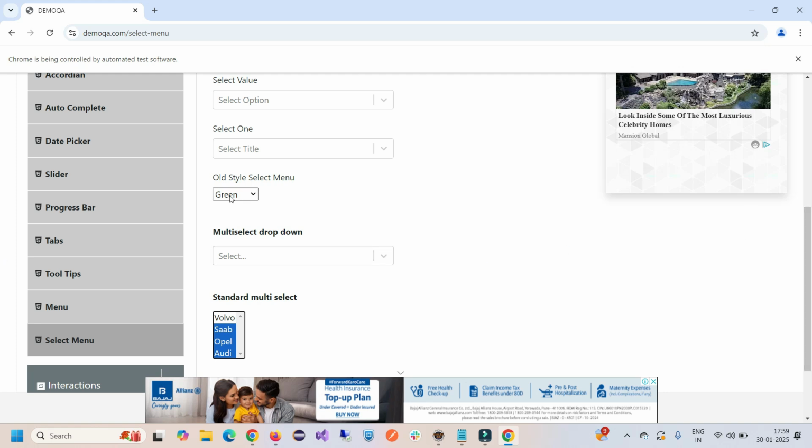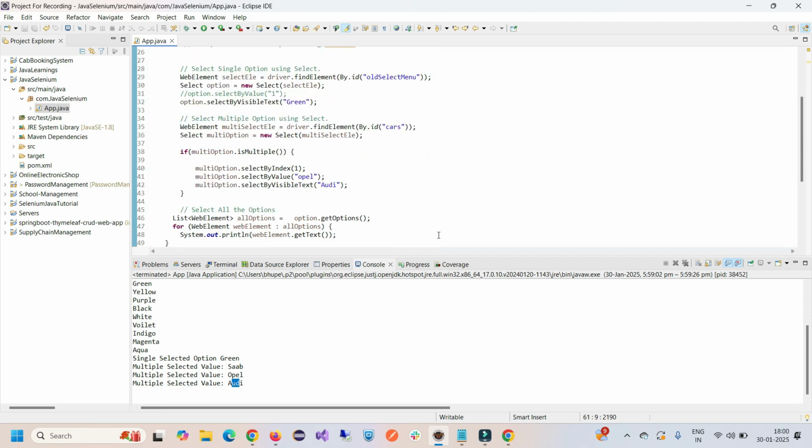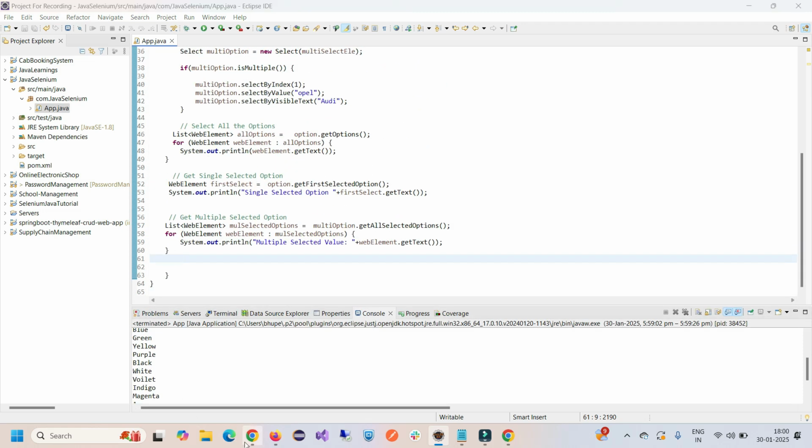So if you see here, it's selected green and multiple selected there, single selected there, but our target was to read this. Okay, so if you see here in the console, single selected was green and multiple selected was SAAB, Apple and Audi. So in this way, you can perform different operations with a drop down. But